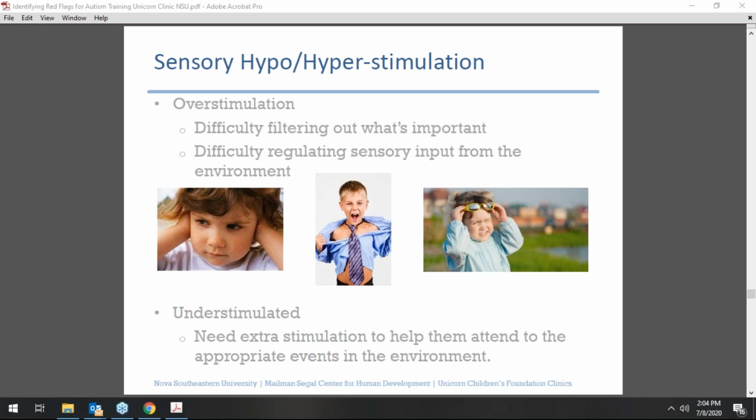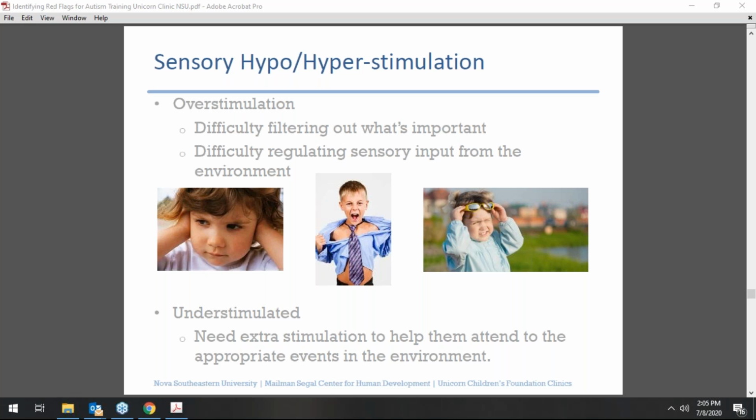They can be sensitive to light. A lot of times you see parents say that when they wake up, you have to gradually expose them to light, because it's very bright for them if you just wake up and turn on the light. Another thing is that they might be